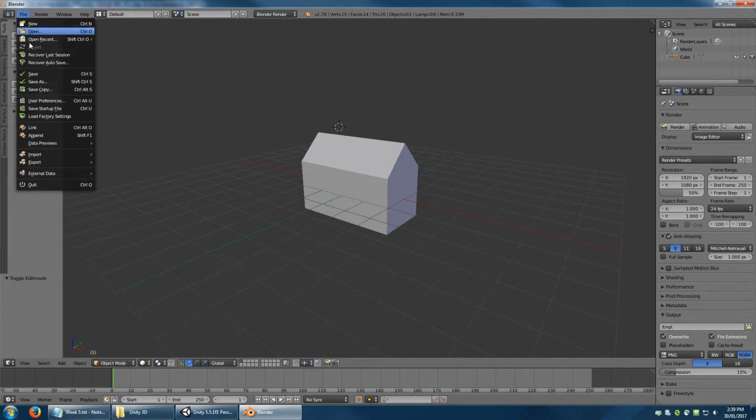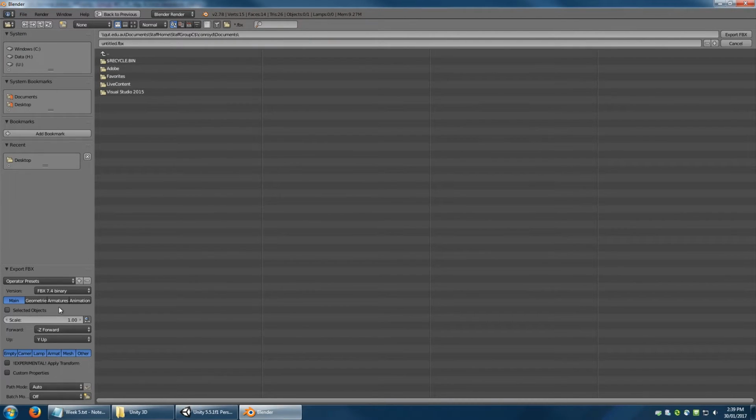So if you go to File, Export, and we're going to export this as an FBX. That's a file type that Unity is quite compatible with. It's small, compact, it has good performance settings within Unity. So let's export that as an FBX. And specifically,